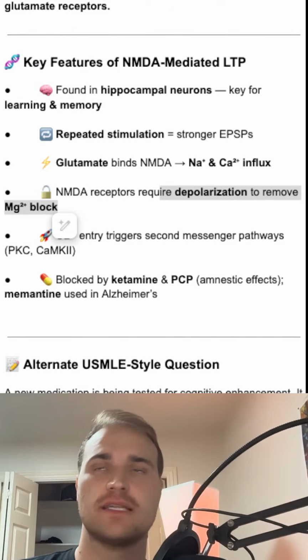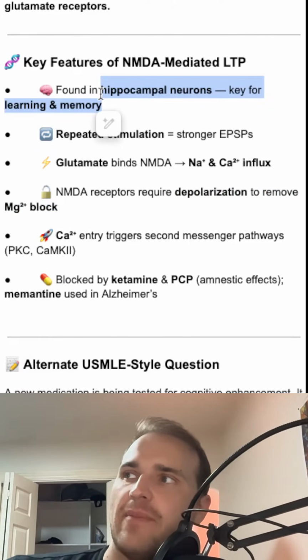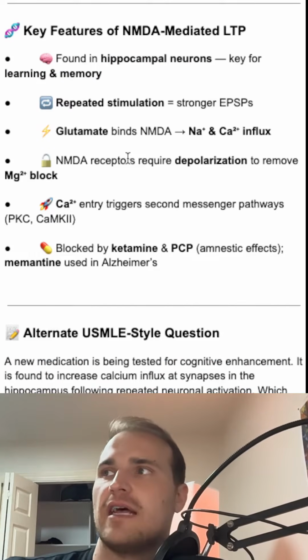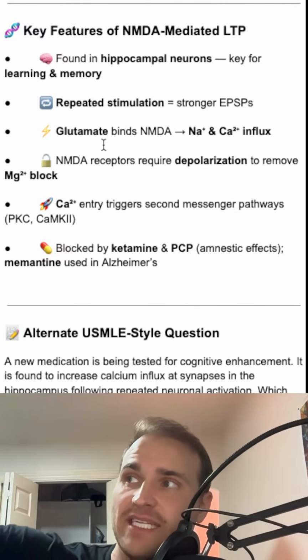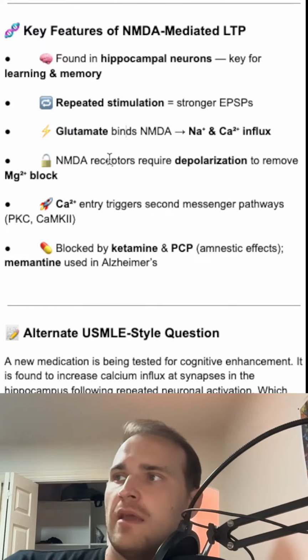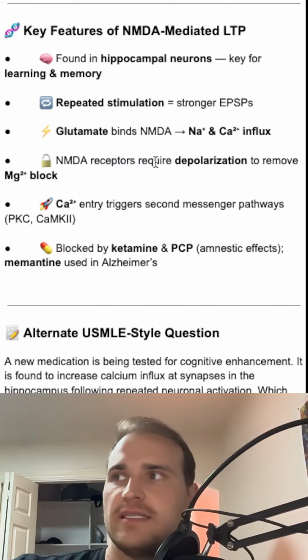So let's just talk about this. Let's just iron out this concept. We have these hippocampal neurons, and that's where your learning and memory occurs. Repeated stimulation causes the stronger synapses to build, and glutamate will bind the NMDA receptor, and that causes an influx of sodium and calcium. The NMDA receptors require depolarization to remove the magnesium block, and then the